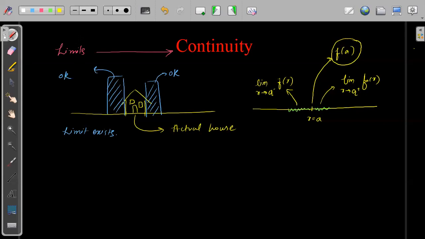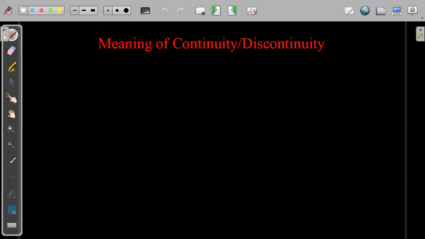So this is the basic introduction of continuity. From limits, talking about the neighborhood, we now talk about the actual function. The only thing introduced from limits to continuity is this part, f of a. Now we will give respect to the function's value at f of a. So what is the meaning of continuity? The geometrical meaning of continuity: suppose you have any function,